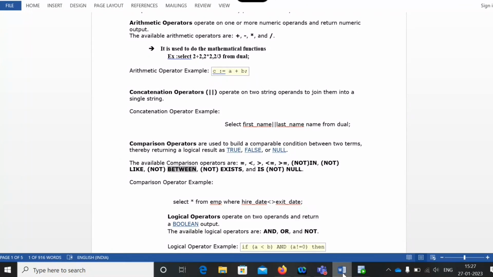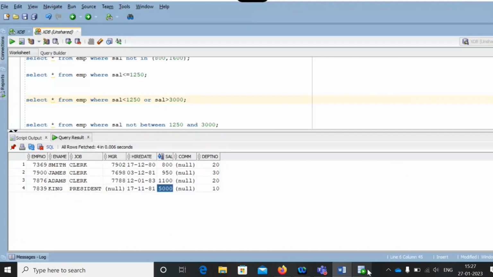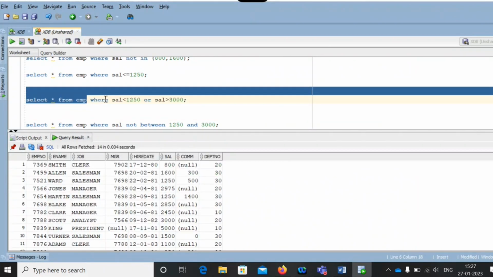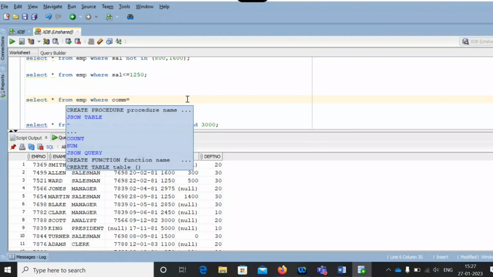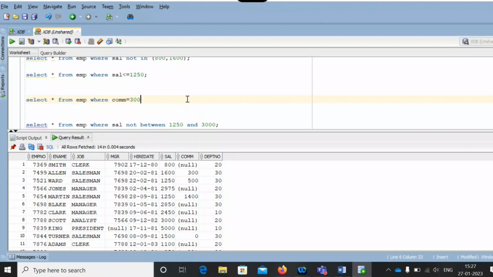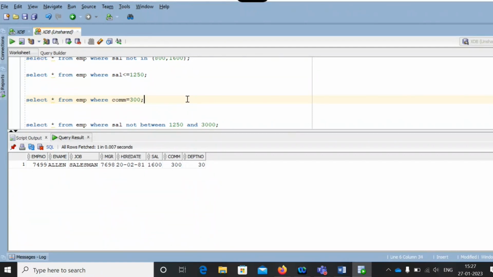Now we may use the IS operator to retrieve the null values. You already know. So you want to retrieve the data from the employee table where commission is 300. For the not equals to, we have, right?